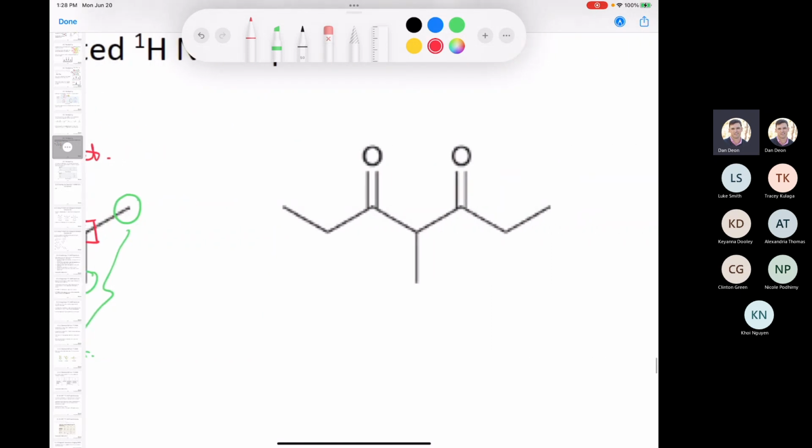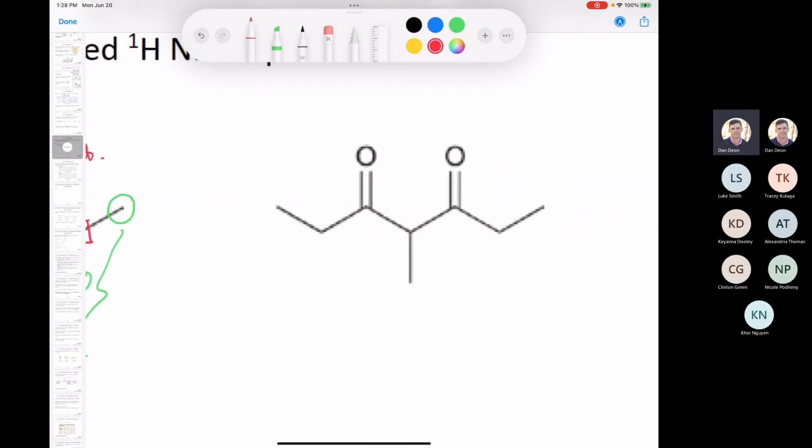We'll just scooch over here a little bit. This one, hopefully you noticed when you took a look at it, has an axis of symmetry down here, or a plane of symmetry if you rotate this 180 degrees. And therefore, you can clearly see that these protons and these ones are chemically equivalent. These protons and these protons are chemically equivalent. Then I have a methine here, and then I have a methyl group down here. So if we start with the red protons,